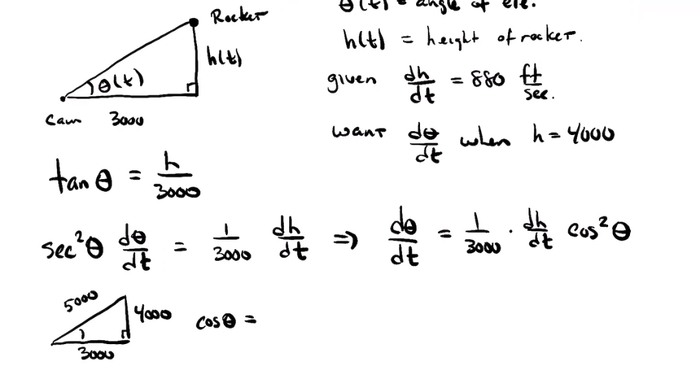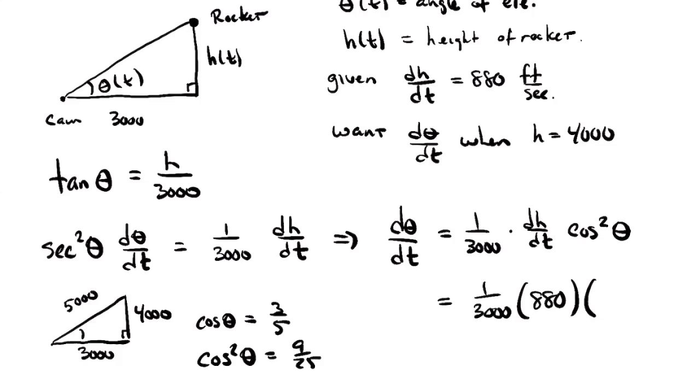is the adjacent to the hypotenuse ratio. So that's 3/5. So cosine squared is 9/25. So that's what I'm going to substitute in here. So d theta dt is 1 over 3,000 times our 880. And then I'm just going to replace cosine squared with 9 over 25. All right. And if you get out a calculator and you work that out to say 4 decimal places, it's